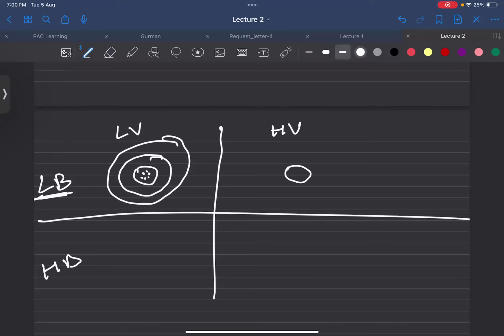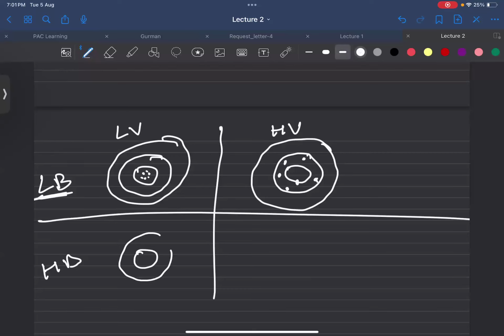I'm trying my best so that with easy language, in an easy way, I can explain to you. So now, what do you think? What will the diagram be like? Where will the dots be? Ma'am, the dots will be very scattered. Very scattered, but it's low bias, so it should be close to the target, but they should be scattered from each other. Scattered, yes. Now, high bias and low variance, what do you think?